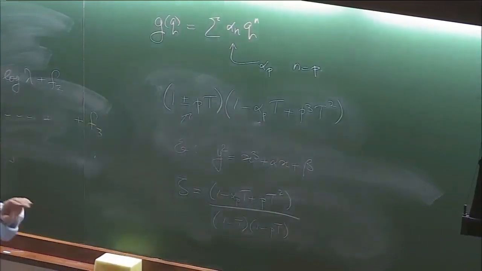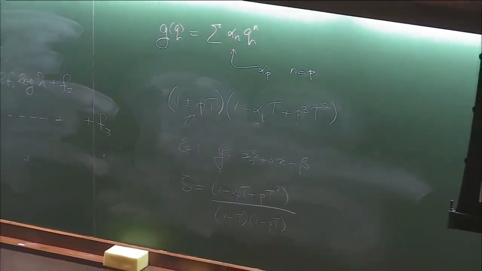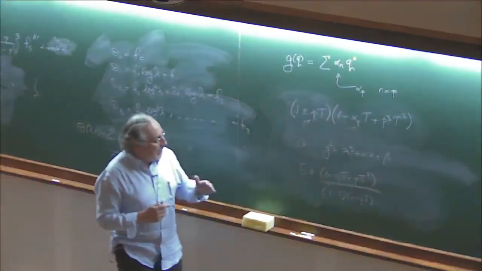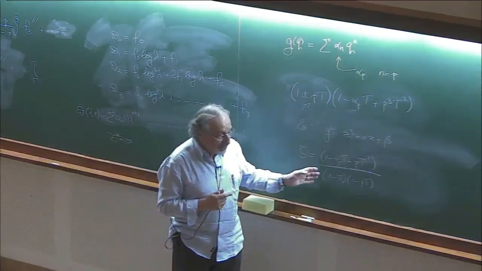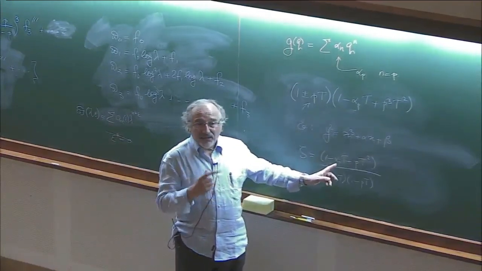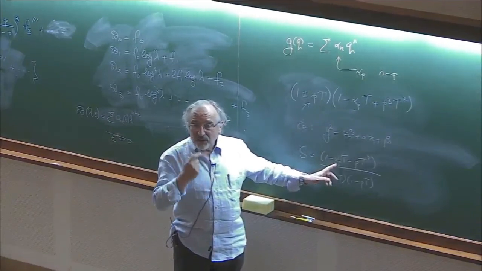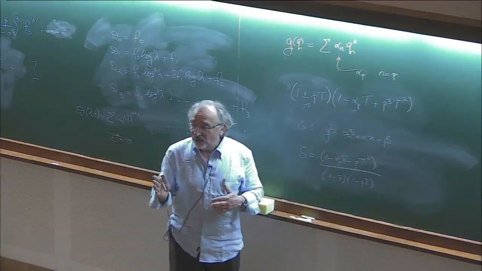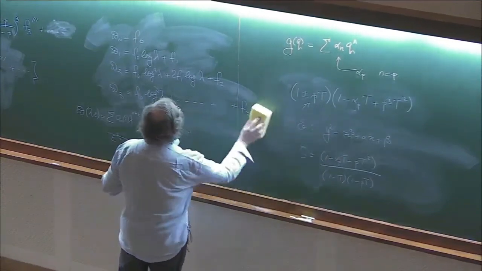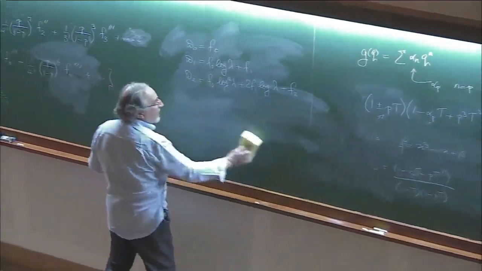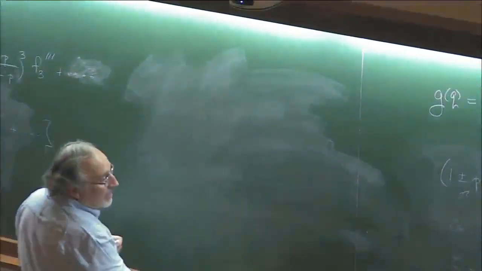If you say what Wiles did, so Wiles and his collaborators, they did it slightly out of order. But the proof of the Fermat conjecture was to prove that every elliptic curve is modular, which means that every elliptic curve has a zeta function of this form, and the alpha that occurs here is the coefficient of a modular form of weight 2. Okay. That was the hard part. That was the 200 pages of inscrutable mathematics, to prove that statement.